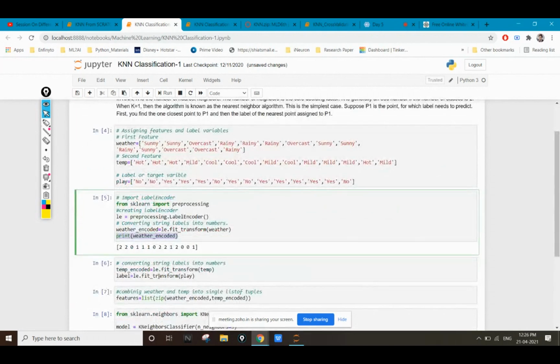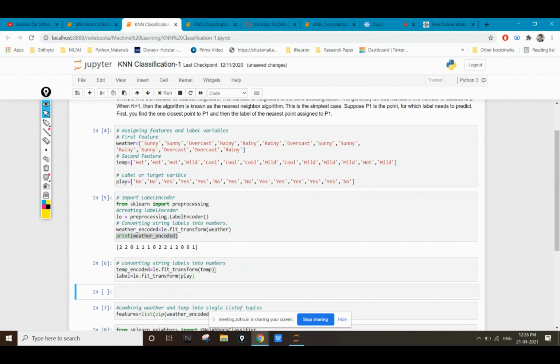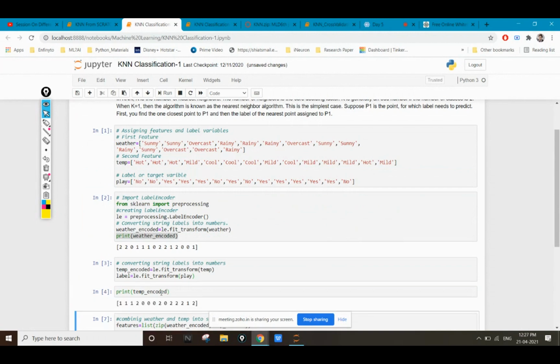Now, in the same way, I'm also encoding the temperature. If you want, you can print the temperature output also. In temperature, I'm again giving the values 0, 1, 2. Let's print temp_encoded.